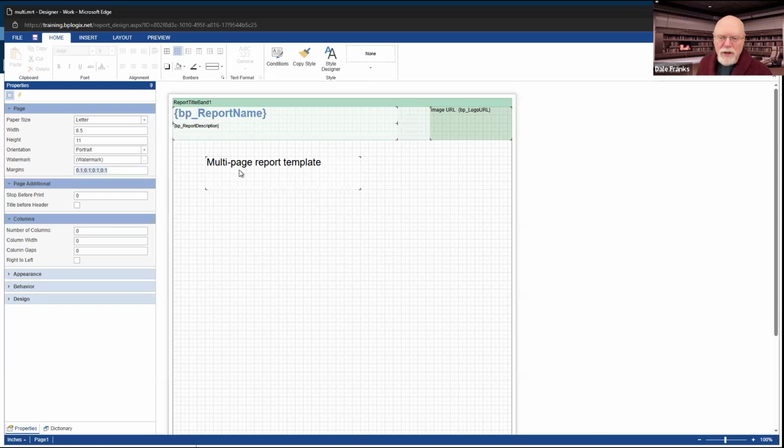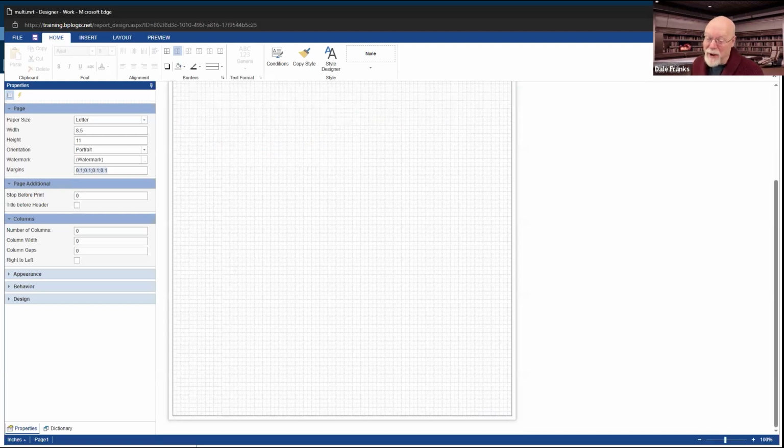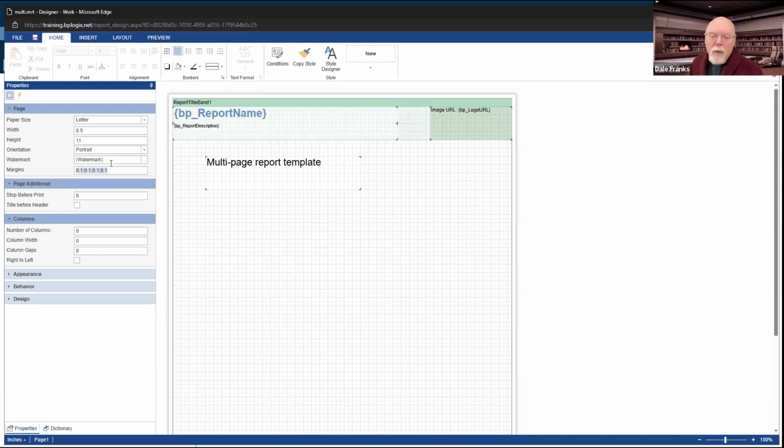We're actually going to have to change this because no printer in the world is going to print on 0.1 inch margins. Well, it might at the top of the page, but it certainly isn't at the bottom of the page because the page is going to feed out of the printer. So we're going to set these margins to 0.5.